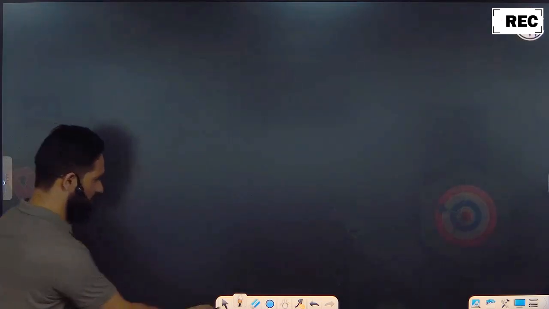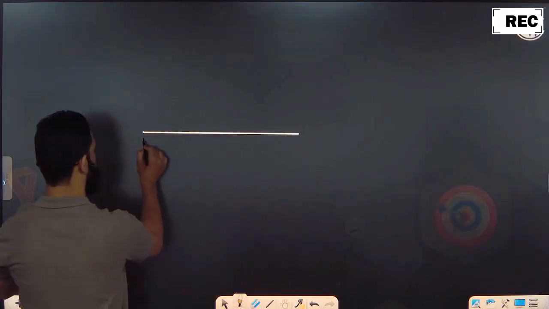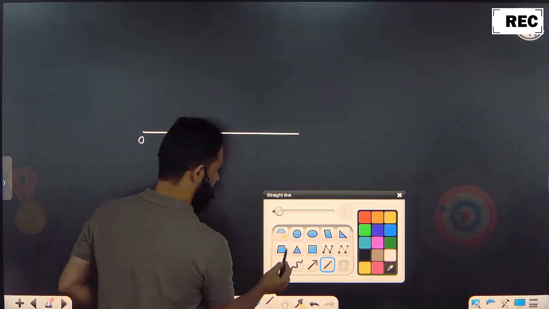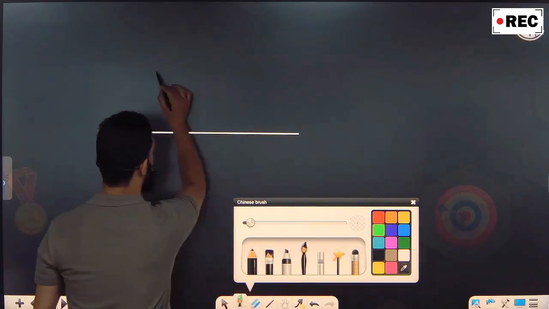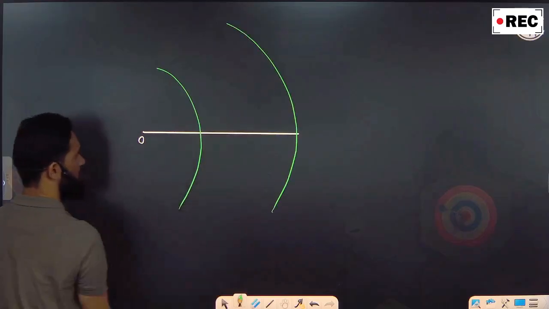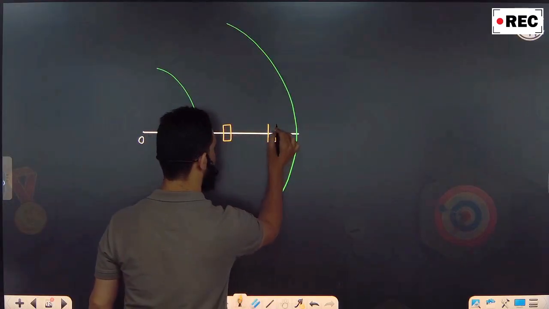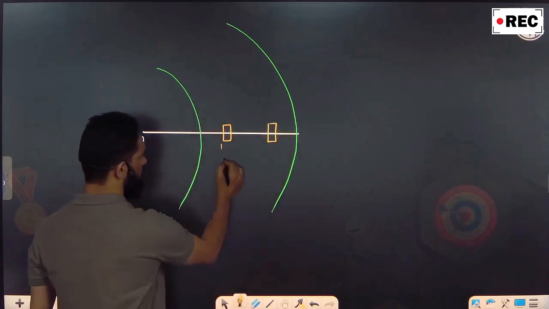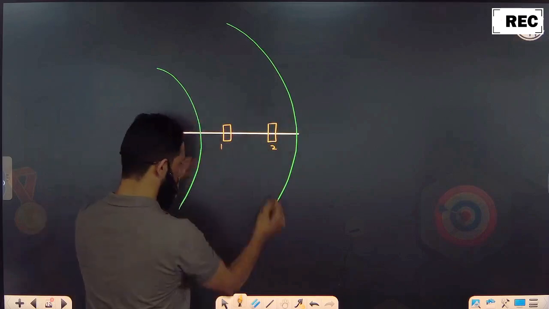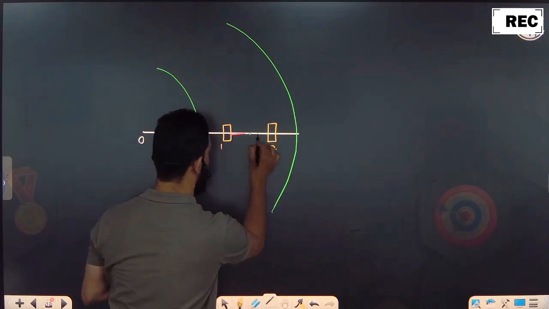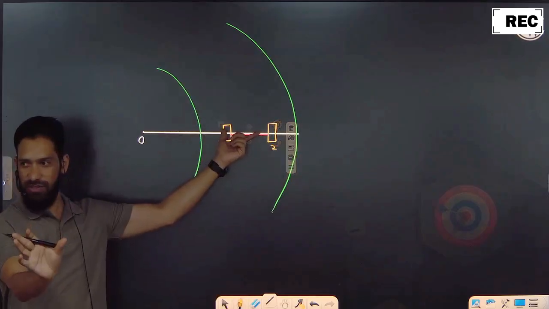Let me give you a diagram for that. Say for example, this is the center about which the car has to make a turn, and this is the road I am telling you. Say this is the road, right? Now when the car is moving, imagine these are the front wheels. Wheel 1, wheel 2. This is the inner wheel, this is the outer. Now when the car is moving, these two wheels are connected by a shaft. Obviously, I am only drawing the front wheels.